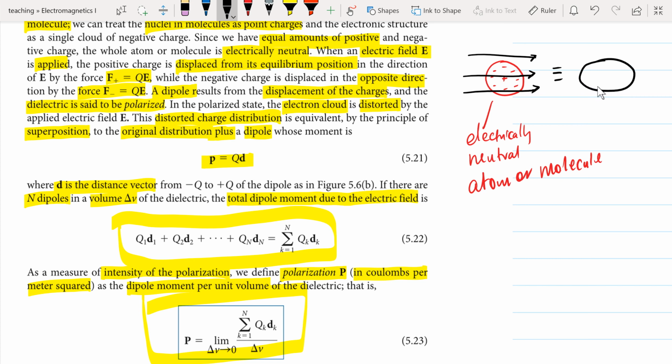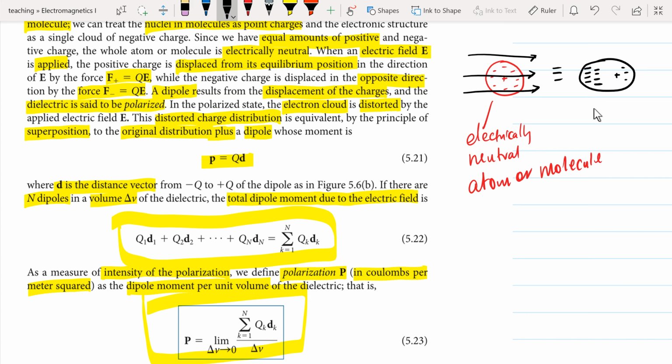similar to this, whereby the positive is displaced from its equilibrium, and though it may not move to the farthest end because it's normally fixed, we might end up having fewer electrons on that side and a higher concentration of electrons on the direction from where the electric field is coming from. So you might end up having higher concentration of electrons on this side,